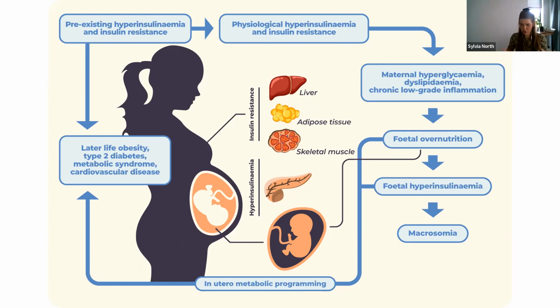As that nutritional environment is floating around our placenta and fetus, there's increased nutrient transfer to the fetus, who then receives overnutrition. As a result of having excess glucose, excess lipids, excess protein, the fetus responds by producing extra insulin. So that means fetal hyperinsulinemia. And a fetus that produces too much insulin may then grow quite large,